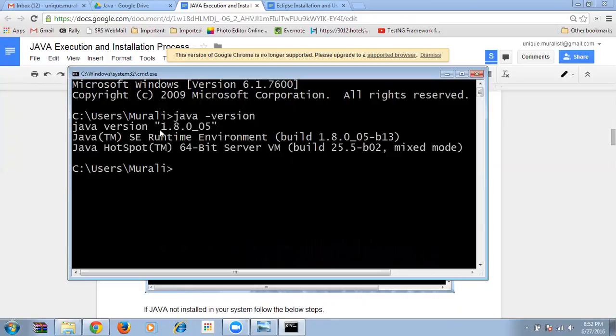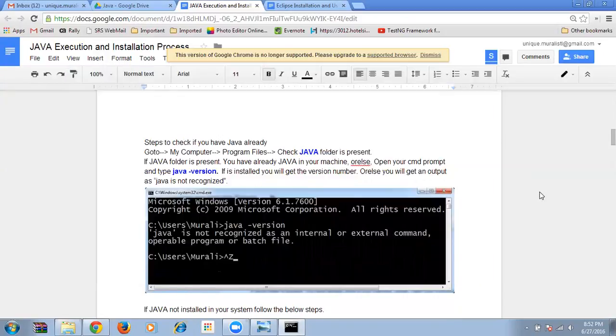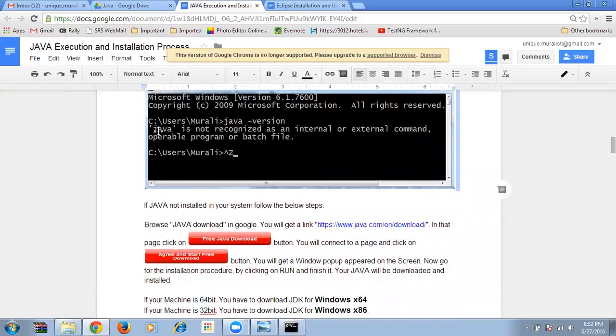Now can you see? 1.8 is my version. That means right now Java is installed in my system. In case you get a message that Java is not recognized as an internal or external command, you have to install Java. So for that,